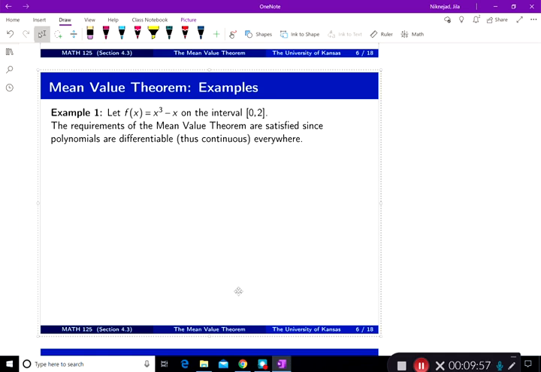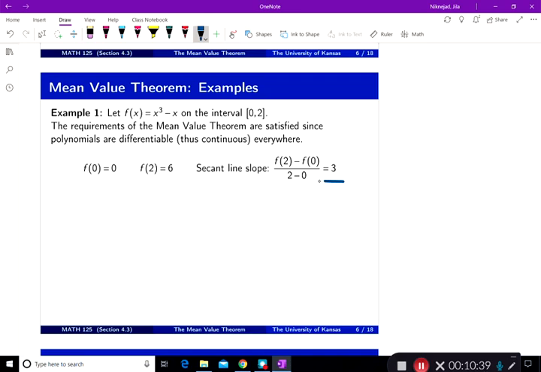The function is a polynomial, so it is differentiable and hence continuous, and we know more, it's differentiable everywhere. The slope of the secant line between the two endpoints is f of 2 minus f of 0 over 2 minus 0. F of 2 is 8 minus 2, which is 6. F of 0 is 0. 6 divided by 2 makes 3. Is there any place in between that we have this? And so this question is telling me